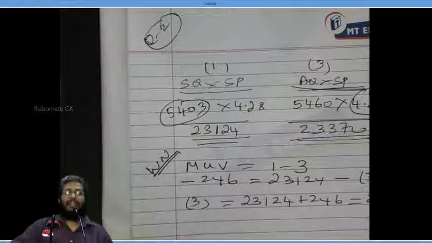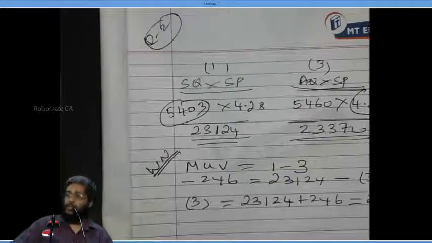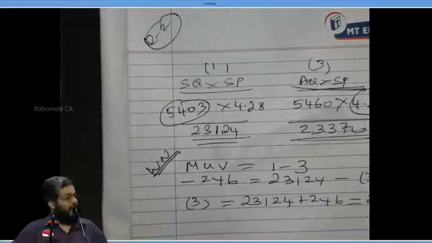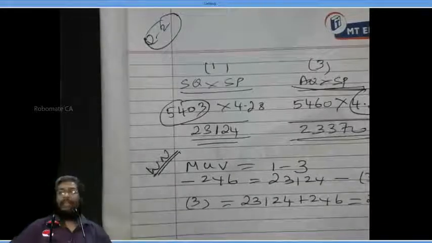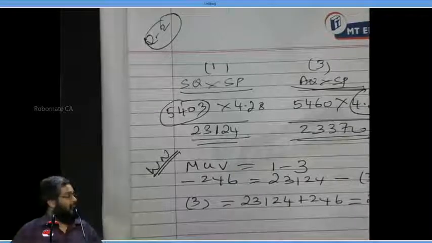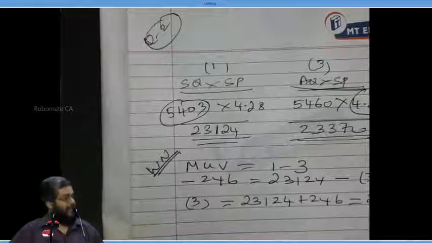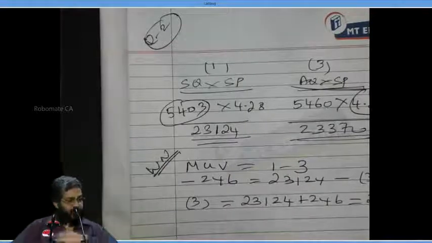Same way, in cost ledger accounting, don't write SLC account or GLA. Write stores ledger control account and general ledger adjustment account. In my class, I am doing 14 to 15 sums, so it will take a long time to write everything fully. Hence, we use abbreviations. In the exam, write everything in full names.